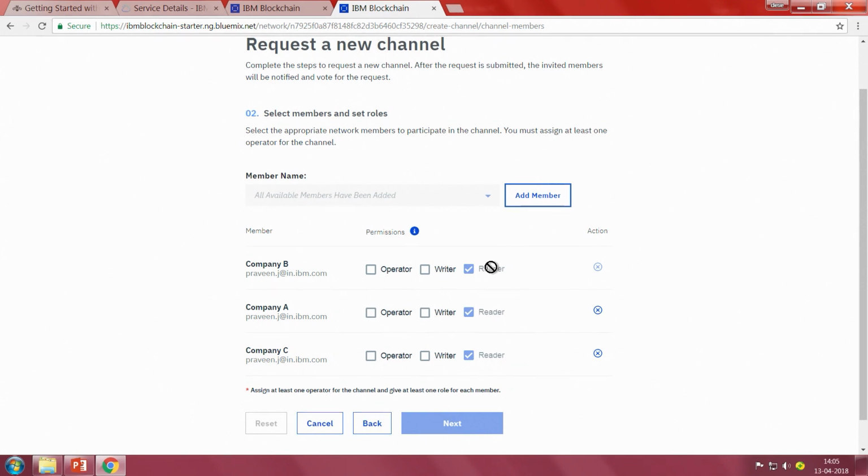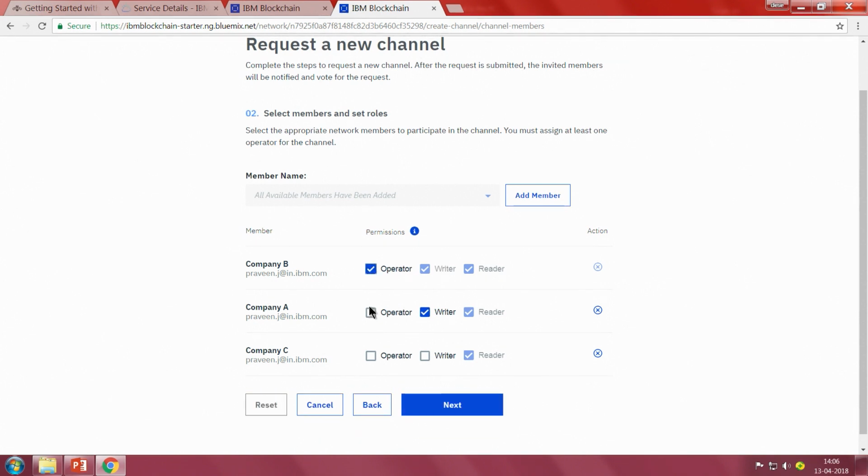you can set what their privileges are. So, it can be a reader, writer or operator. What does reader mean? This is the committer only node that I had discussed before. So, it might not participate in executing chain code, it is not participating in endorsement, but all it will do is whenever something comes, it will commit all the transactions, and you can query that node. So, all it can do is query data that is stored on the blockchain, but you can choose to give it writer access, which is it will also do endorsements on top. Apart from just being a committer node, it will also execute chain code and it will perform endorsements.